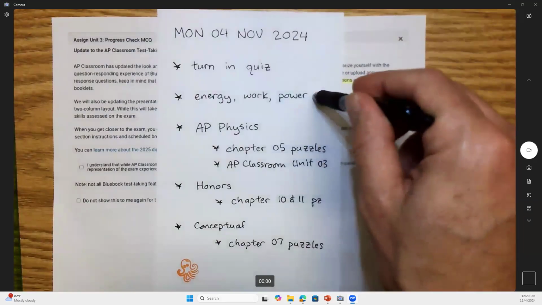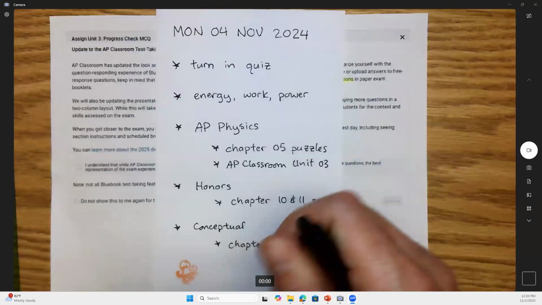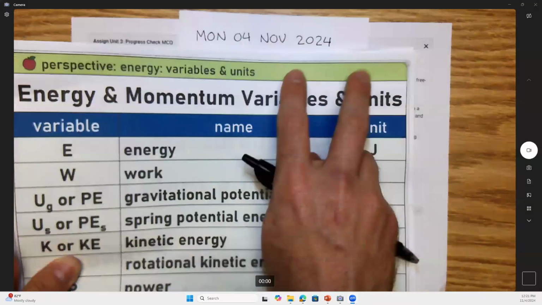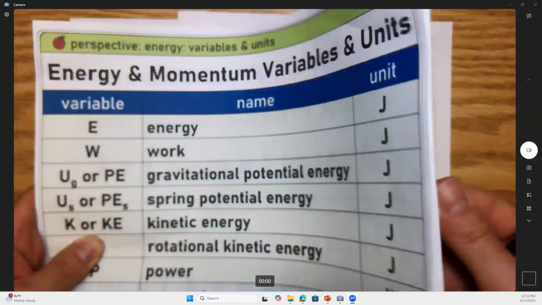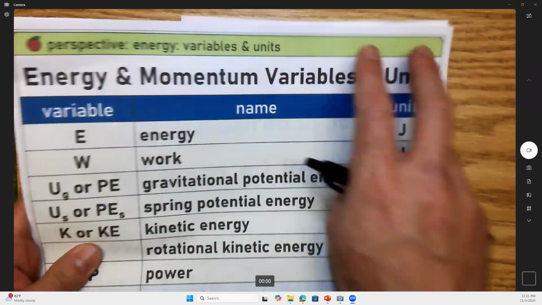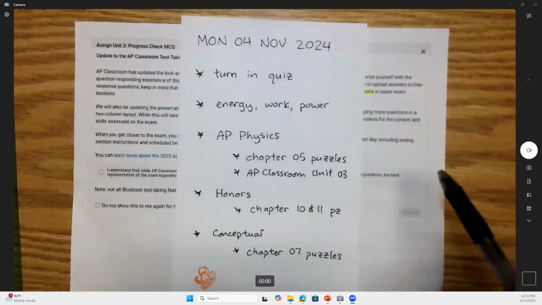We're starting on a new topic today: energy, work, and power. So those thumbnail notes I gave you on the very first day of school, we're moving on to the green banners. I get to go through this topic poster by poster. So look for the green banners to help you out. Got them hanging up in my room too.